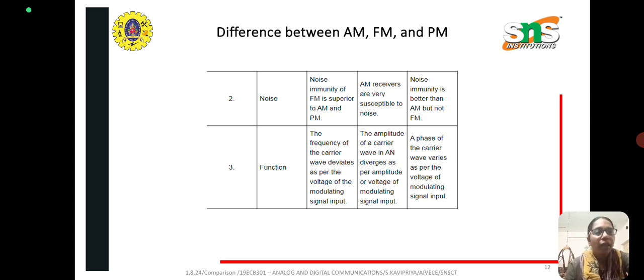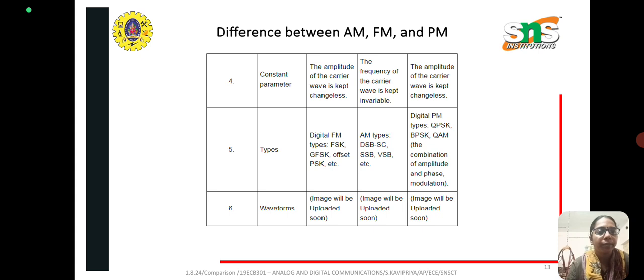Function: in case of FM, the frequency of the carrier wave deviates as per the voltage of the modulating signal. Whereas in case of AM, the amplitude of the carrier wave varies as per the amplitude of the voltage of the modulating signal. In case of PM, the phase of the carrier wave varies as per the voltage of the modulating signal input. And the types of AM are,